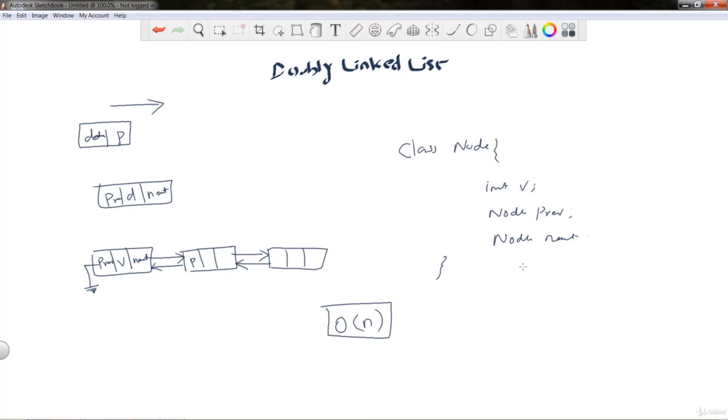Still, to access or find the element in doubly linked list, we have to travel from first node till the element which is we are looking for. And for adding new element or deleting new element also same as singly linked list. We have to travel to the destination node and remap the references based on the operation whatever we are going to perform, like add or delete, whatever it is. So like singly linked list, all the operations complexity will be O of n for the doubly linked list. Only difference is doubly linked list contains some extra pointer to hold the previous node information.